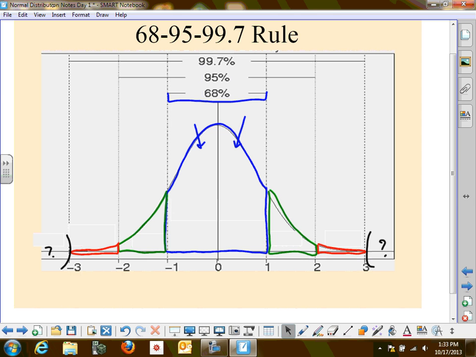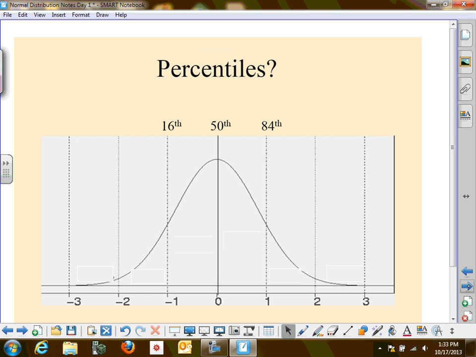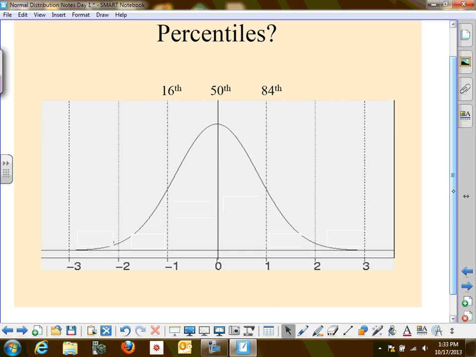So now that you all have your data in there, let's put those in on this page. You told me that, of course, there was 34% here, 34% here. How much were in these other sections next to it? 13.5%. Okay, here is your